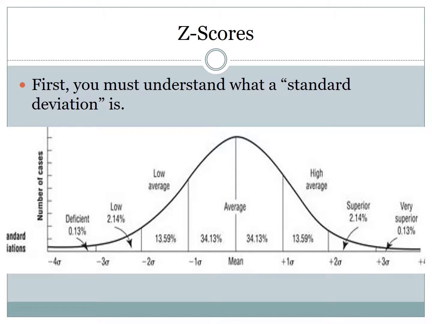Another type of score you might see on a standardized test report is called a z-score. And this might be a little bit confusing, but to understand a z-score, first you've got to understand what a standard deviation is. And usually this is taught in beginning statistics courses, but for our purposes, we can simplify it a little bit. So what you see before you here is a normal curve, what we call a normal distribution